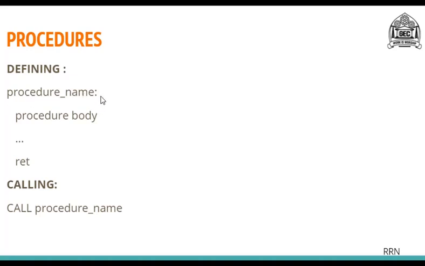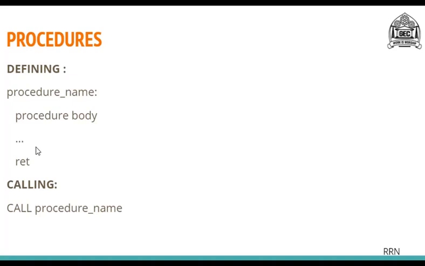After that, we use the colon in order to give an entry point to the body of the procedure. From the next line, we enter the body of the procedure, that means the statements that we are going to execute under this procedure, or the logic of this procedure. It is written next in the form of instructions. And always remember, your procedure always ends with the RET instruction.